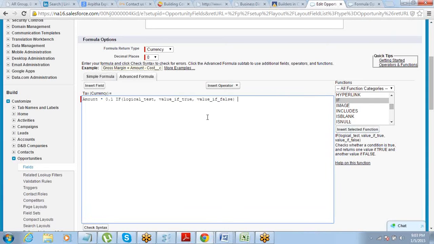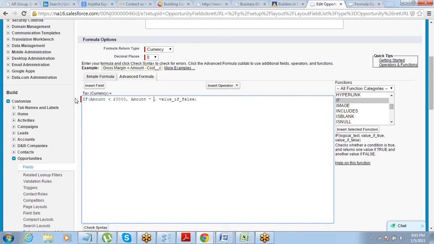So if function, you insert this function. My logical test is if amount less than 20,000, right? This is a logical test. Then value should be 10%.